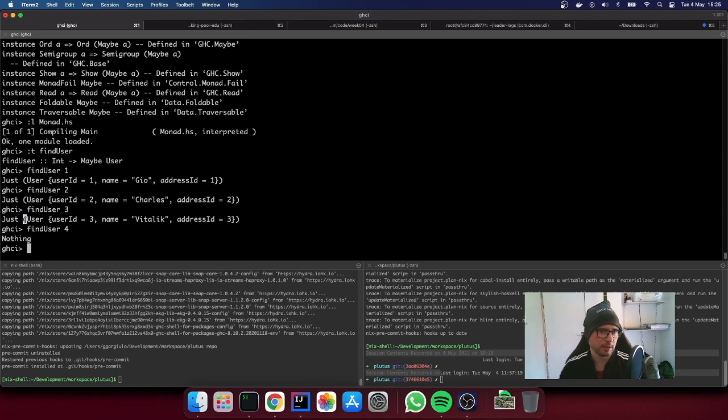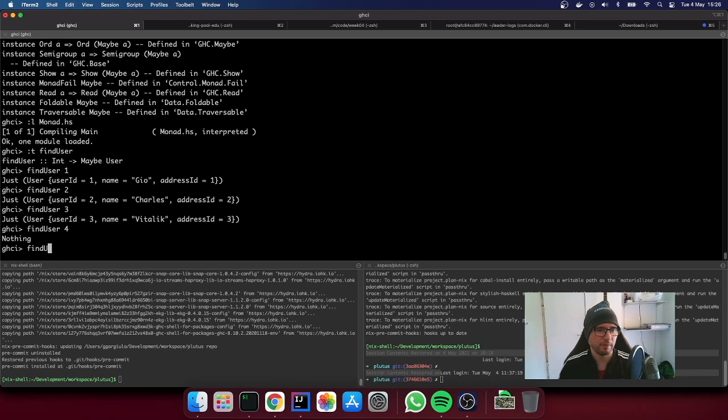Just to be clear, let's notice how the Just is wrapping the actual user, right? So this means that the computation ended up properly, and so the result is wrapped. And again, here the concept of monad is that there is a value, something that is wrapped into the monad. Even in the case of Nothing, we're still getting a monad instance back, but in this case it's empty because there is no monadic value inside. So we're starting to think about this thing, right? There is a kind of type that is the monad, and then we can put stuff into this monad, that is in this case a user, but it could be an address.